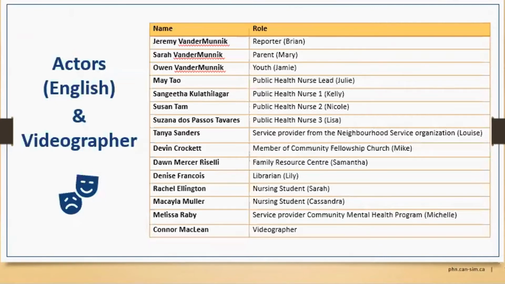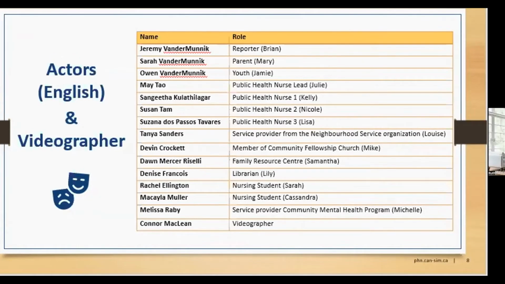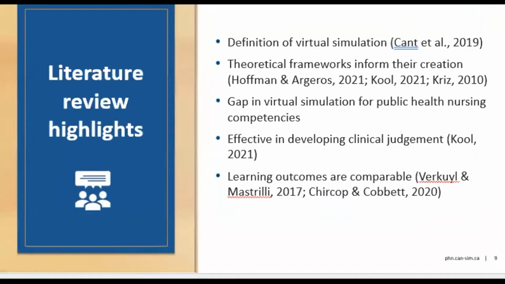virtual simulation games, and Connor McLean, an experienced and professional videographer. The actors included various roles, including public health nurse, parent, youth, and reporter, who happened to be my daughter and son-in-law and grandson, and various community members and students. There were 14 English actors, and we had 14 French actors using voiceover. So to begin with,